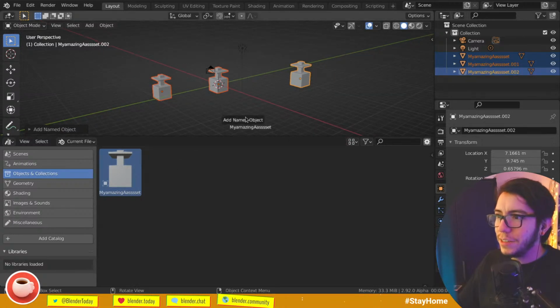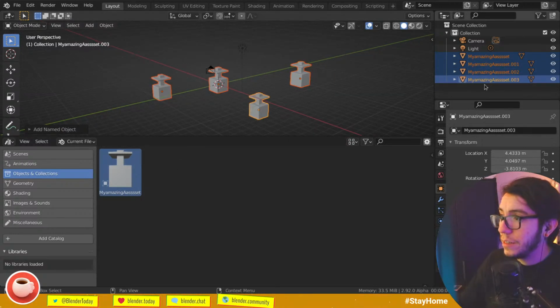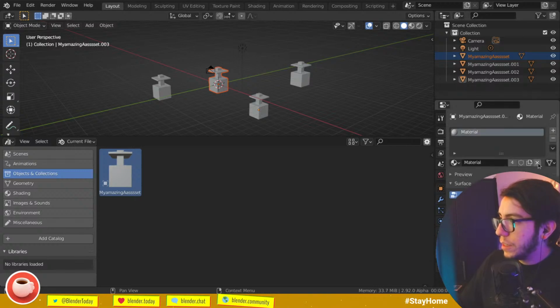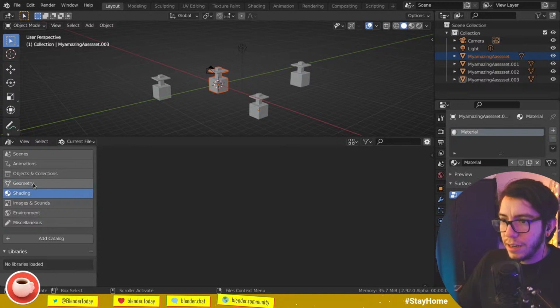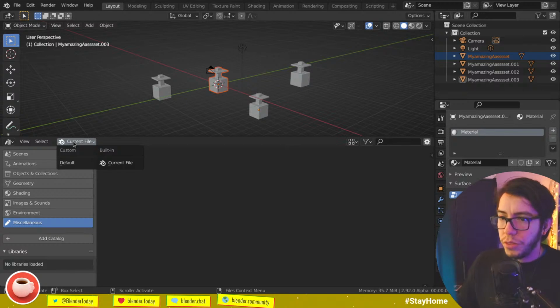So you can just add it as many times as you want. And the same with materials. If you have a material for this object, for example, you can find materials here, geometry, images, environments. You can even add your own catalog. And the cool thing is that there are many